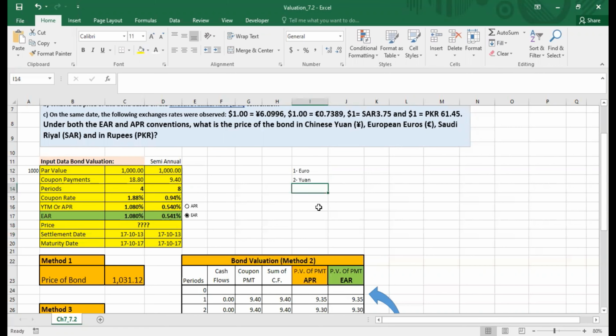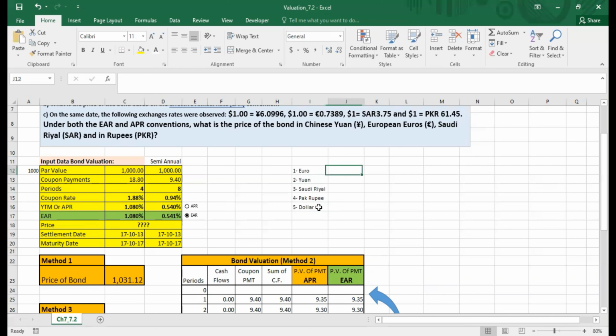The third one comes Saudi Riyal. And then the fourth one for us over here is Pak Rupee. And the fifth one is the base currency already, so we are going to take dollar over here.